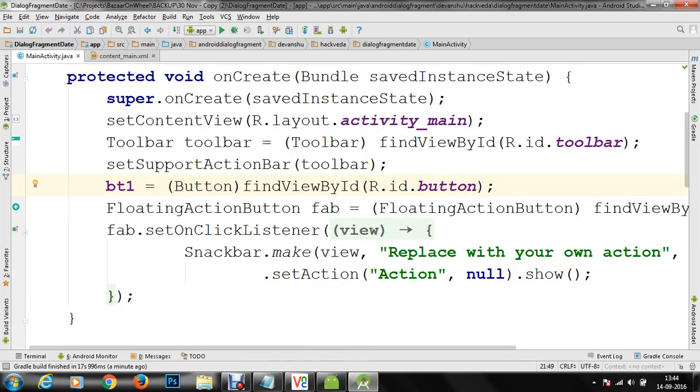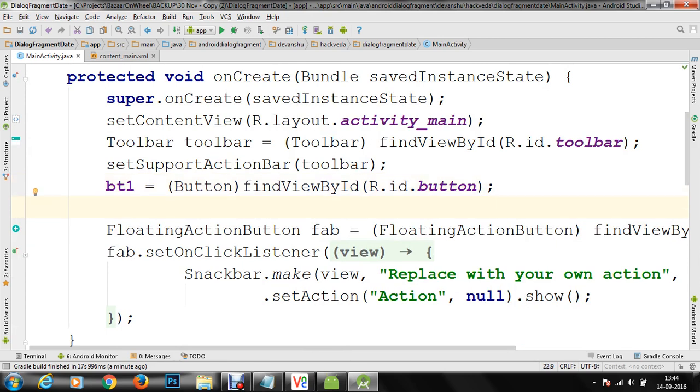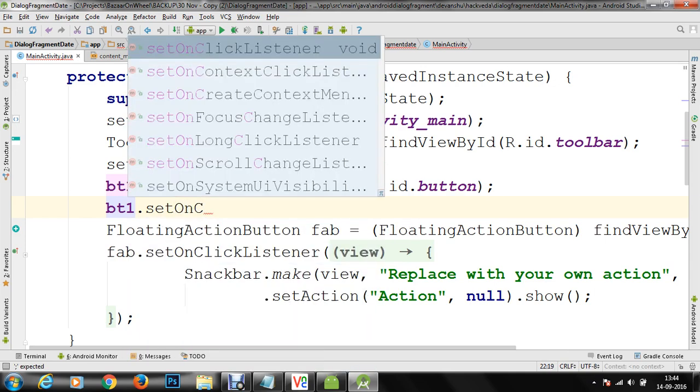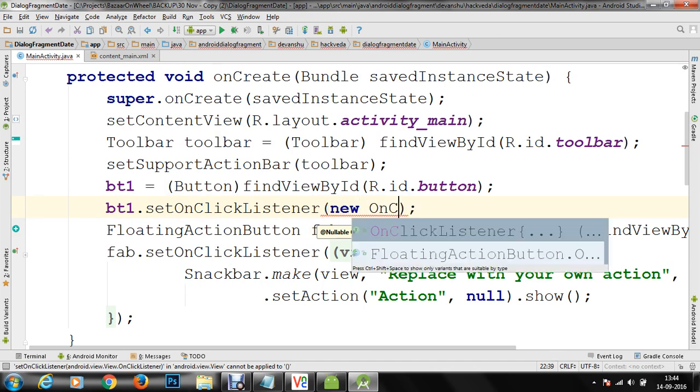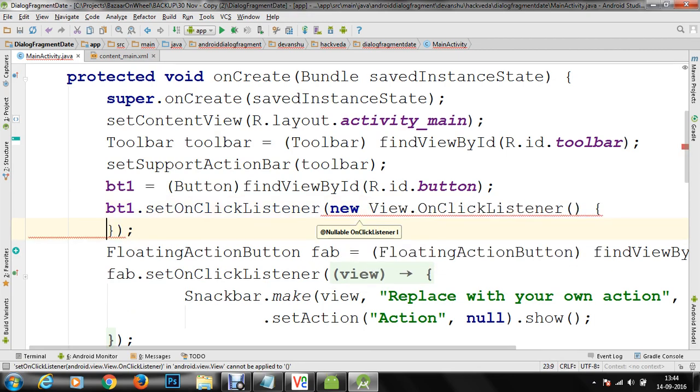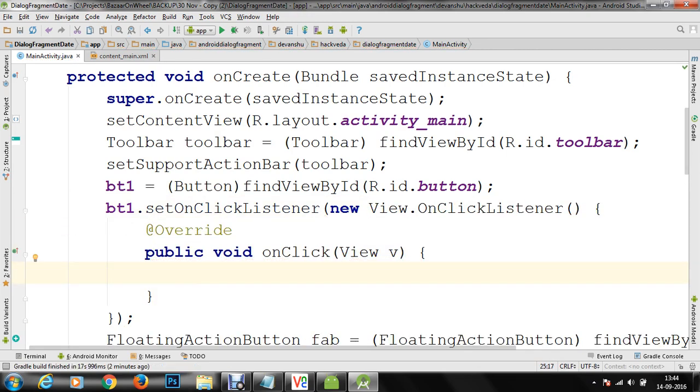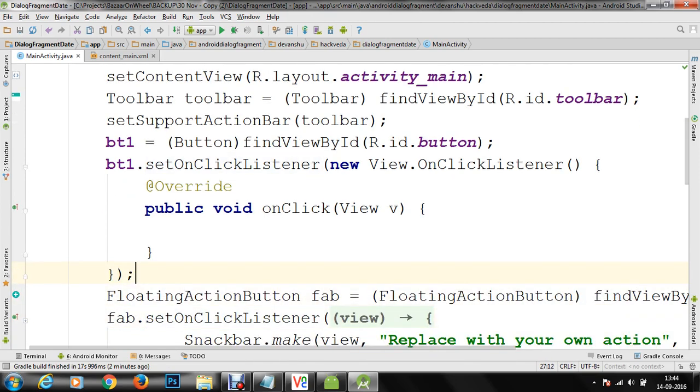As soon as the BT1 control is initialized, we have to set an on-click listener on this button control. To do that, we are going to use the BT1 object and set an on-click listener on it. In the parameters, you have to provide an object of on-click listener, so we can create a new instance of the OnClickListener interface, and we have to override the onClick method. As soon as your onClick method is overridden, here what we have to do is call the dialog fragment.